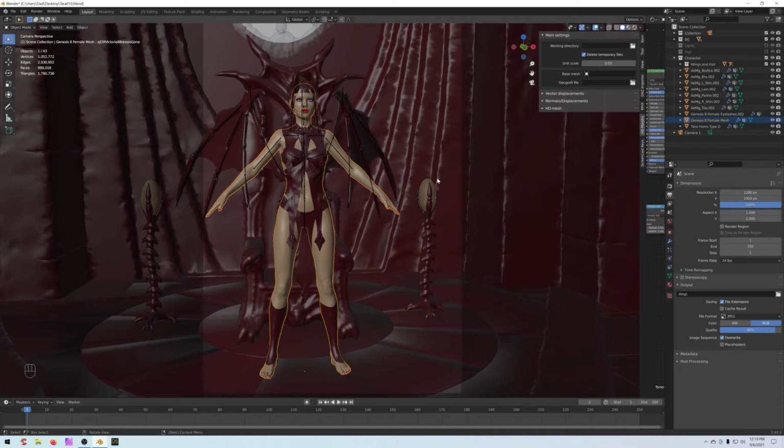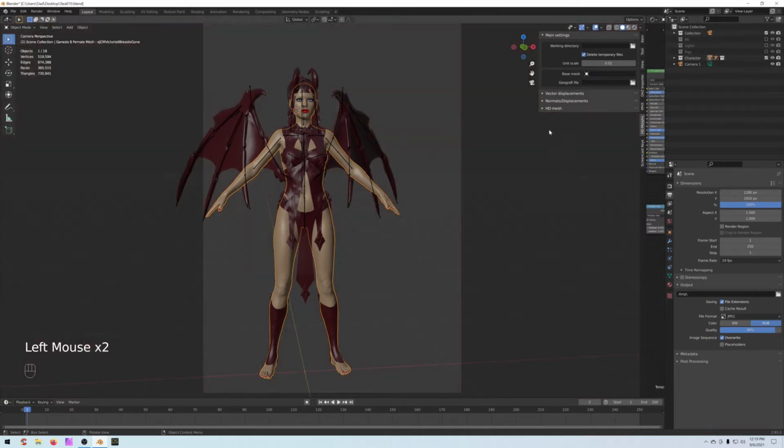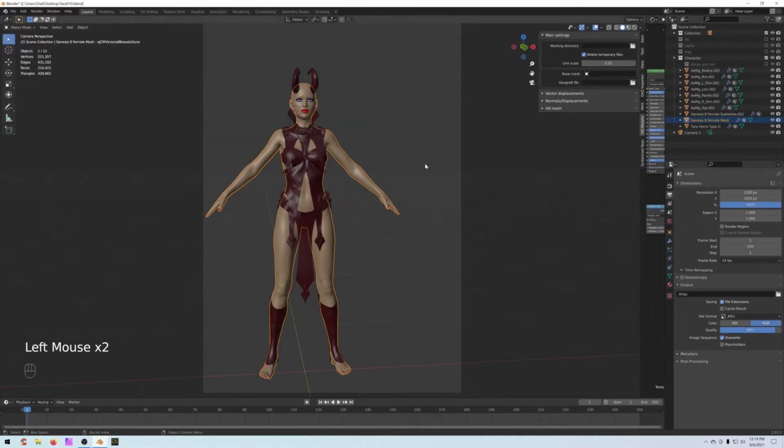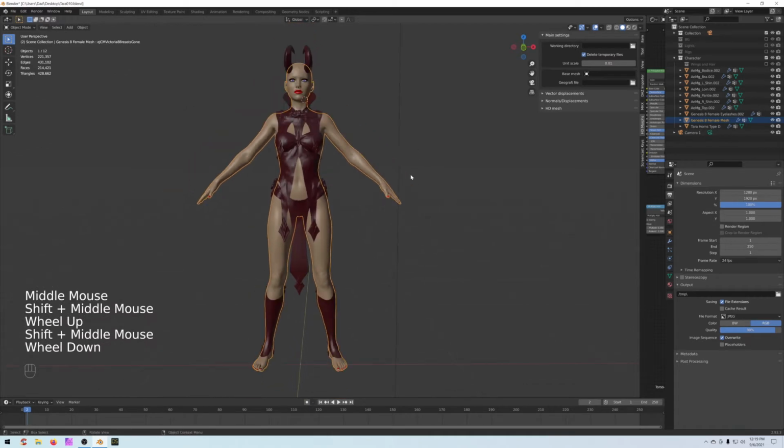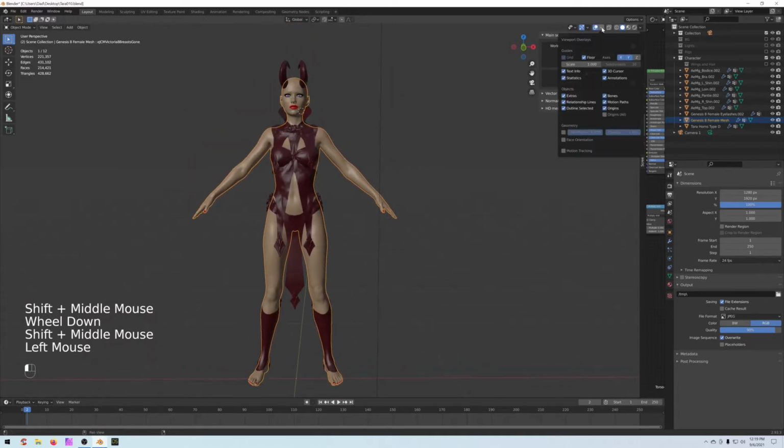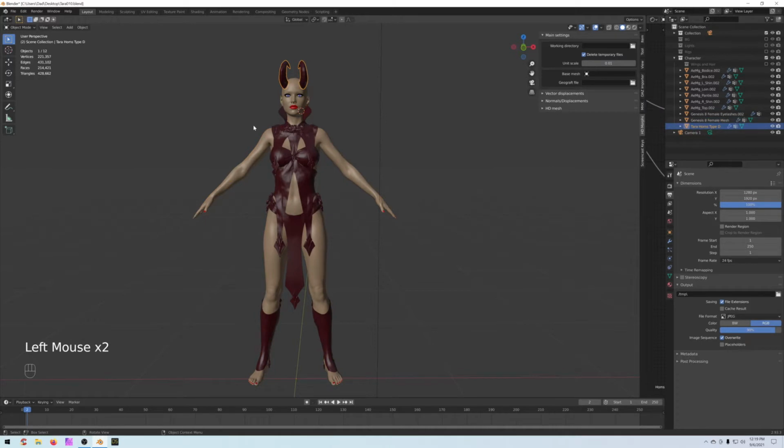Okay, so now let's talk about HD and base resolution and what it is and why it matters. So first thing, we will hide our background. I think we're going to hide the wings and hair, so we just have our base character. So basically right now, let's turn on our statistics. They're on. If we select the character mesh and go into edit mode,